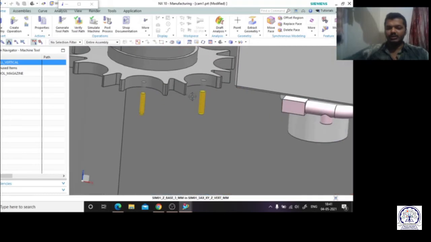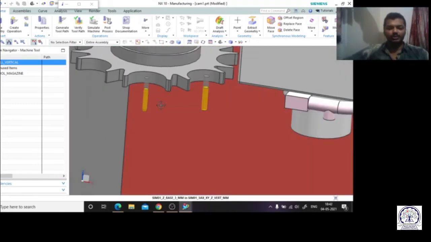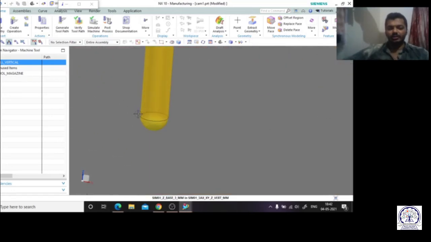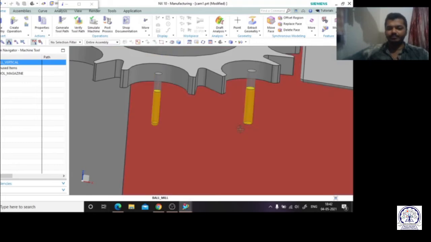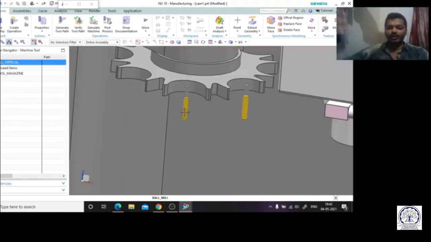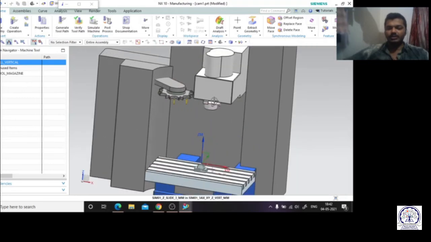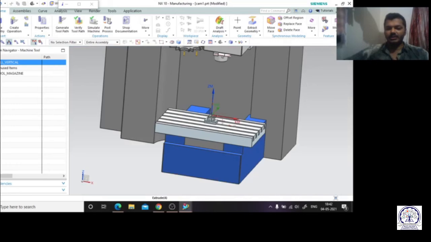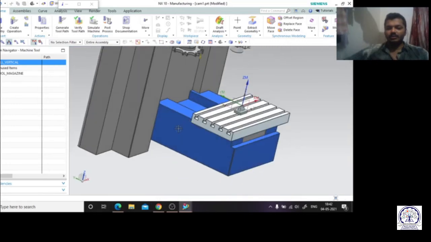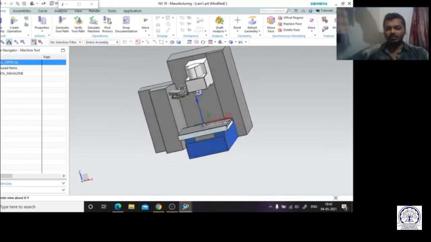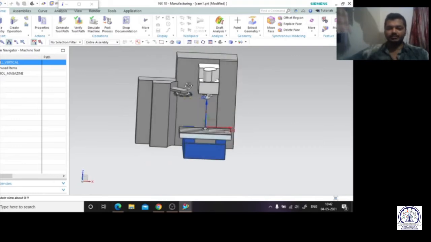So all of you can see, at the ATC automatic tool changer I am having two types of tool over here because we have defined them. One is the flat end mill, another is the ball end mill. All of you can see the tip. Okay, it is the flat end mill and this one is the ball end mill. And all of you can see this is the spindle, and here we are having the coordinate system, and here I am having the finished part right now. But how the machining process will be going on, how to see that?